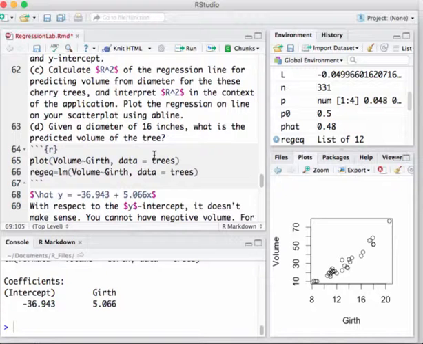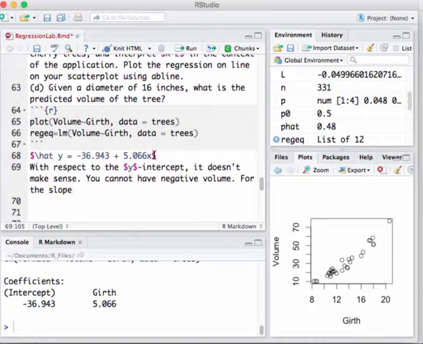So our response variable was in volume, and our predictor variable or explanatory variable was in diameter. So what that tells me is that I get 5.066, an increase I should say, because we're going to make sure it's positive, 5.066 cubic feet